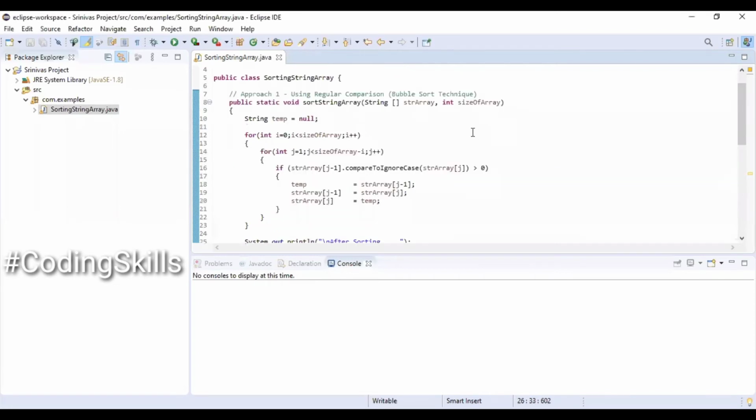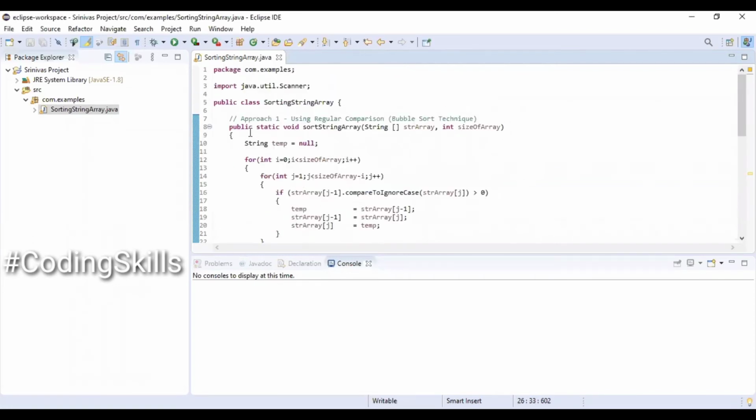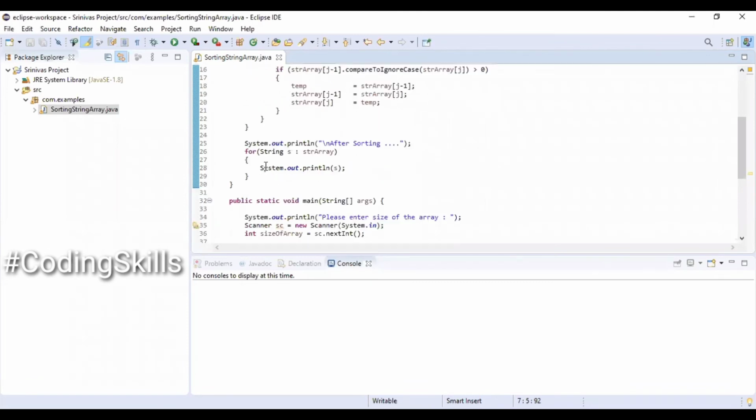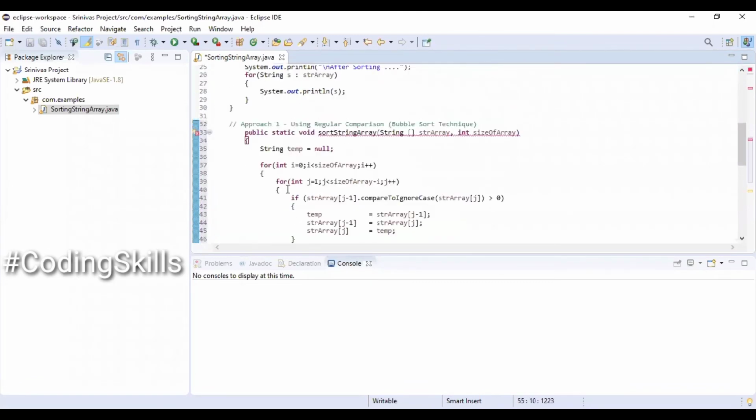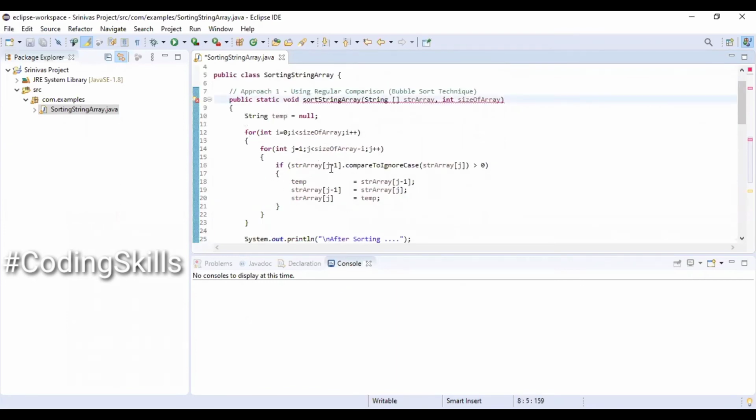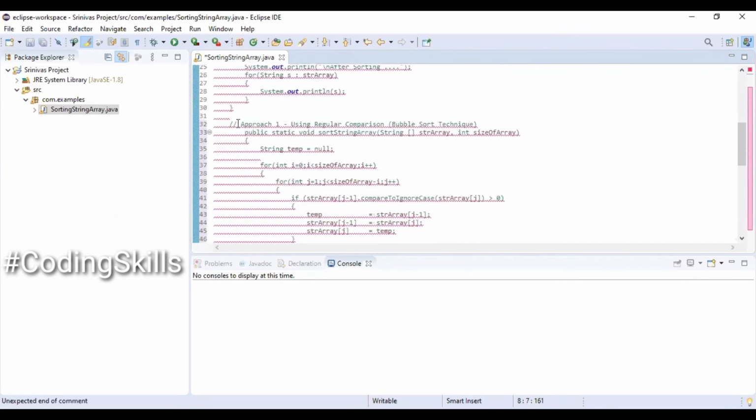Using the same Java class to demonstrate the second approach. Copying the first method and pasting it at the required place, also commenting the first approach.